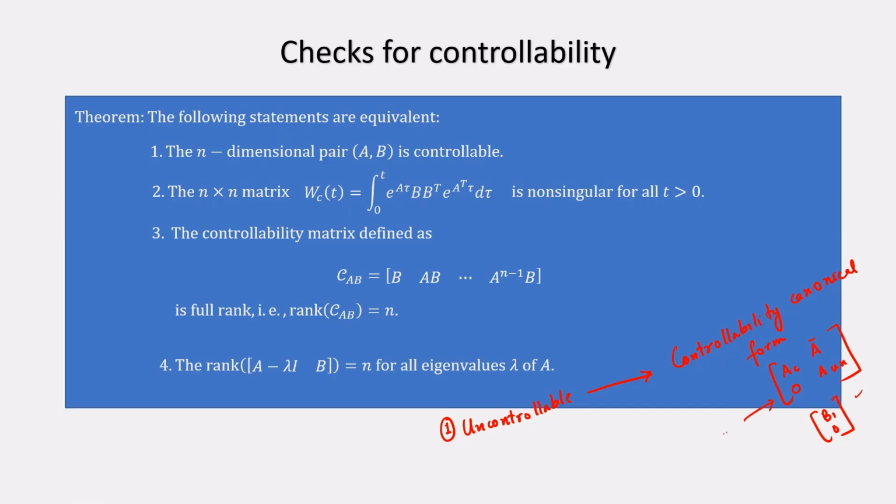Once I get to this form, looking at this form itself, I can say that the eigenvalues of AC are controllable and the eigenvalues of AUN are uncontrollable. Now, what is the meaning of an eigenvalue being controllable and uncontrollable? We will soon understand that when we look into the state feedback idea. But before I move to the state feedback idea, which I will do in the next lecture, I will have to